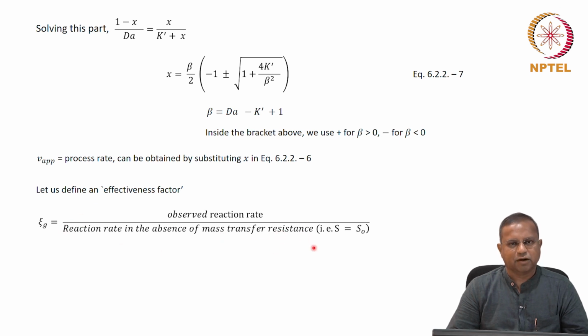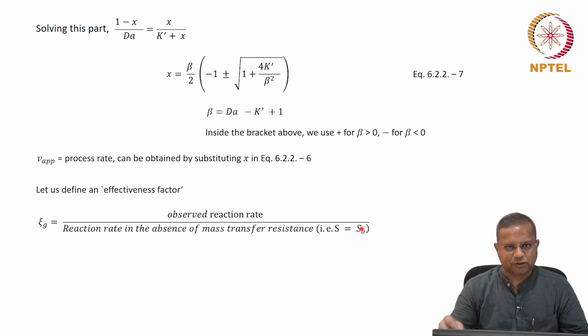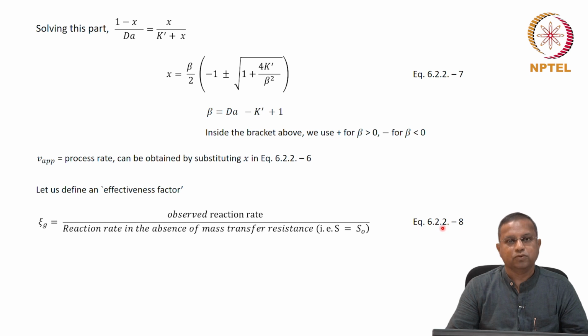This is nothing but a conceptual rate, the maximum possible under the given situations, and this you can mathematically get by putting S equals S naught, because the substrate concentration at the interface being the bulk substrate concentration is the situation when there is no mass transfer resistance, and that would give the process rate in the absence of mass transfer resistance. Equation 6.2.2-8,